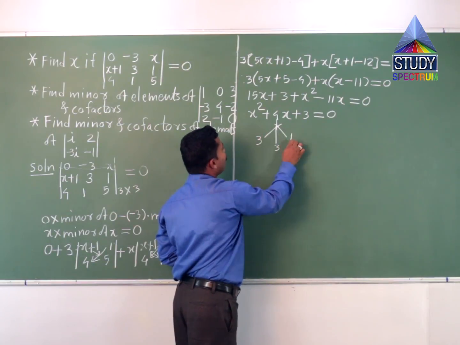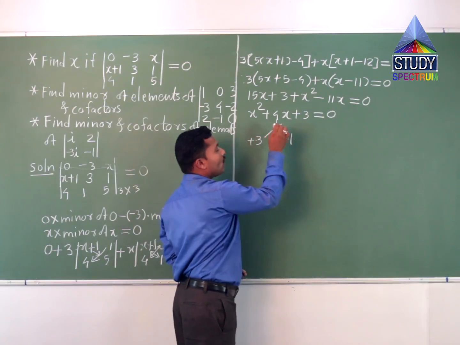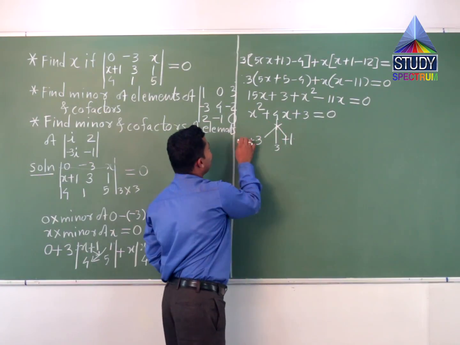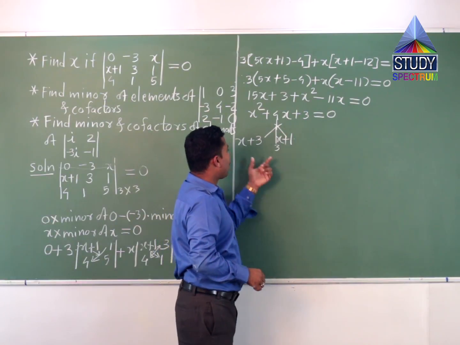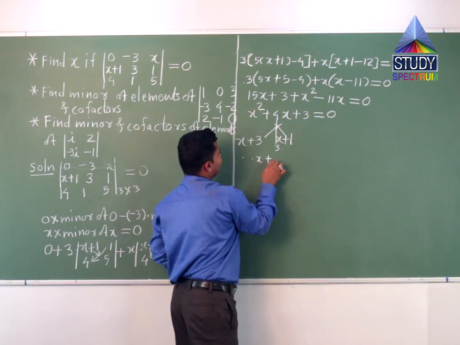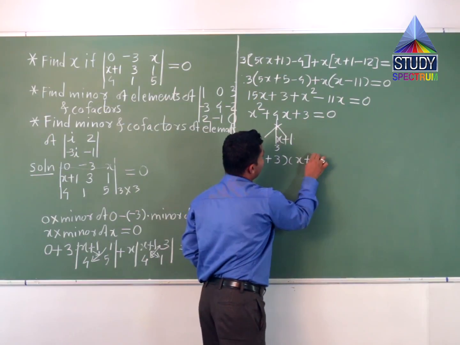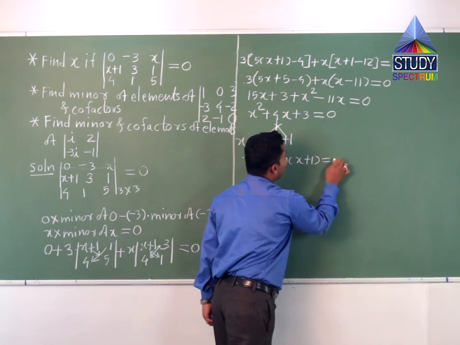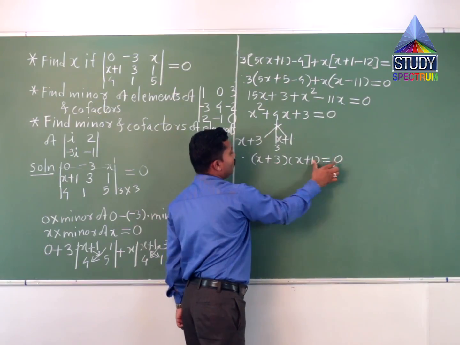So 3 and 1: 3 plus 1 is 4, and 3 into 1 is 3, and so we attach x here. So what are our factors? x plus 3, x plus 1, and therefore x plus 3, x plus 1 are the factors of this quadratic equation equal to 0, and these two brackets equal to 0,